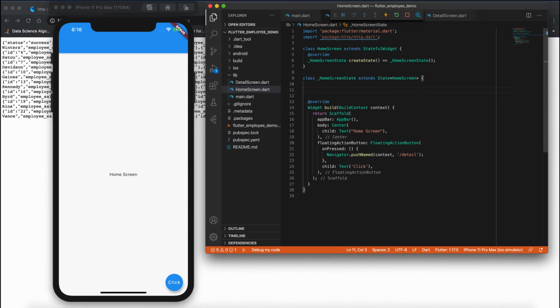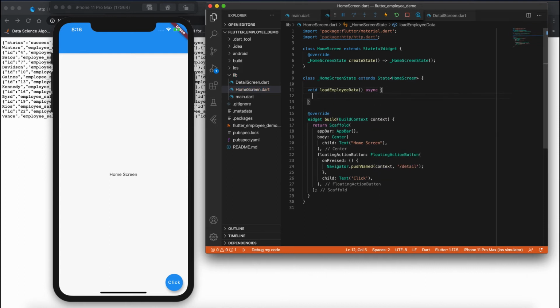This function will help us to load the JSON data here. I'll write some load employee data, and I'm using an asynchronous mode here. So it's a kind of loading the data. We can use asynchronous mode of data. And next, once I get the JSON data, I have to decode the data, and I'll keep that data in our map function. So we'll see how we can do that.